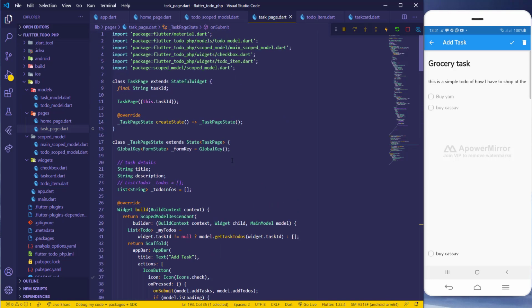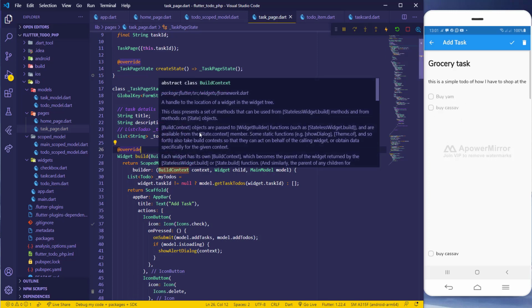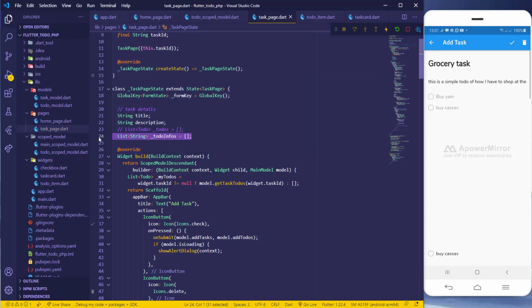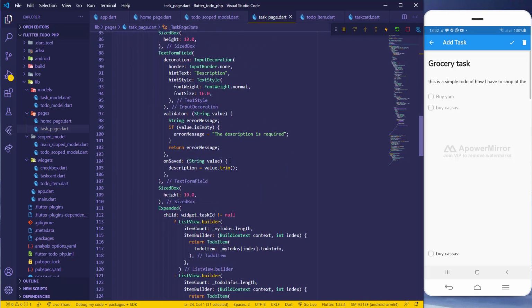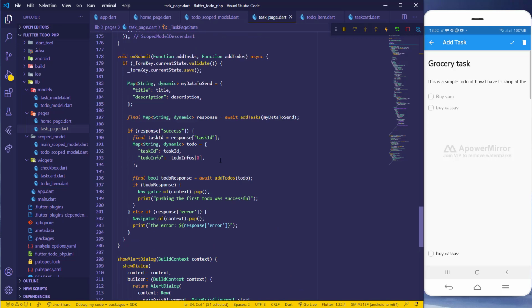Because we were pushing all our to-dos into this list. Where's the list here? Then when we do that, for example, buy yam and then buy cassava here, we push that into the to-do info list here. But when we submit to the database, we were only able to submit just the first one, because our PHP API was not structured to accept multiple